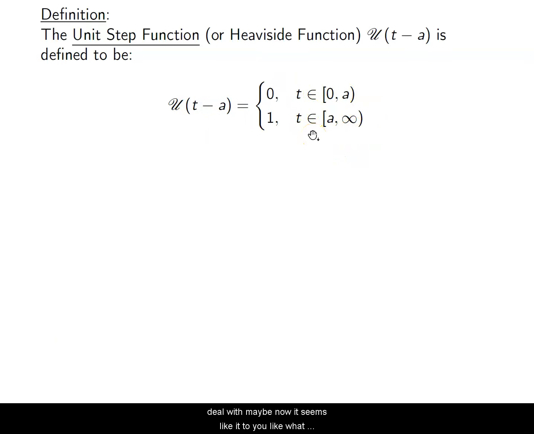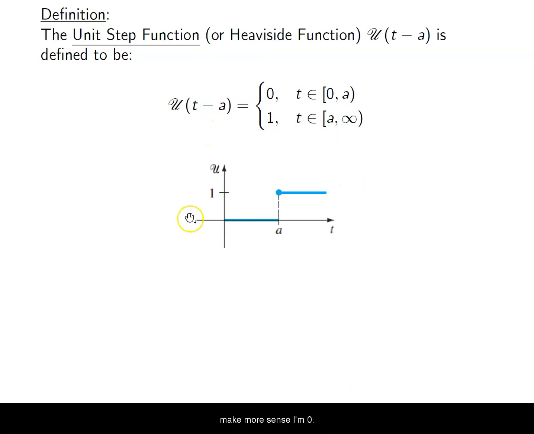Maybe now it seems tricky to you, like, what are you talking about, Professor Williams? So if we look at a picture, it'll make more sense. I'm 0 until this value of a, where I then have an output value of 1. Okay, now when we start mixing and matching this function together with scalar multiples or function multiples, then we start getting weird things. So this is a very useful function,